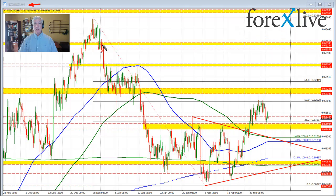So let's get started. I'm looking at the 4-hour chart, and if you take a look at the move down from the high price that we saw in the month of December to the low price that we saw in the month of February, the 38.2% retracement was broken in last week's trading. The market moved above that level. We did correct back down below it, but then found support buyers for the most part near that 38.2 at 0.61637, including today, where the price went down a few pips below the level at the start,